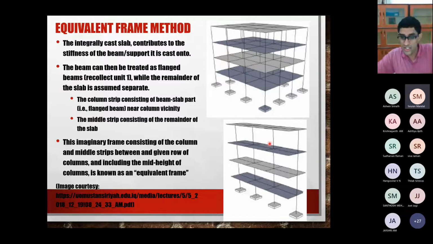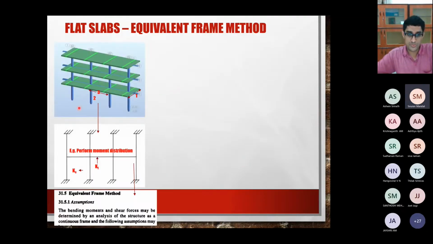Okay, basically you take the column strip according to how you know how to take it, like one-fourth of the width of the slab, which you already know. And the middle strip also on either side of the frame you have taken. Then this has to be analyzed. The only problem with this is, when you take this,